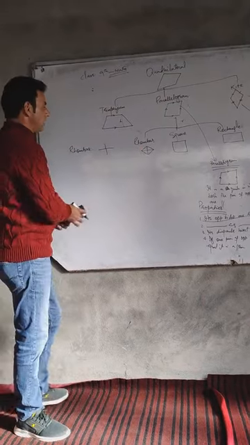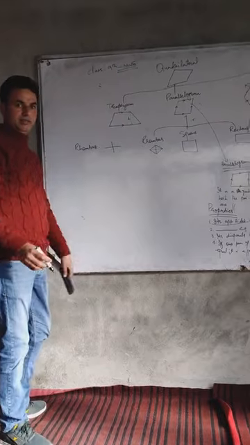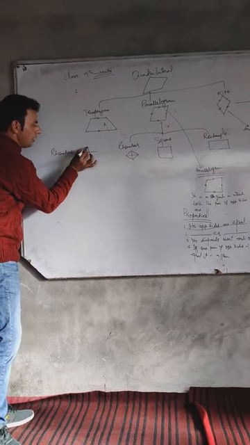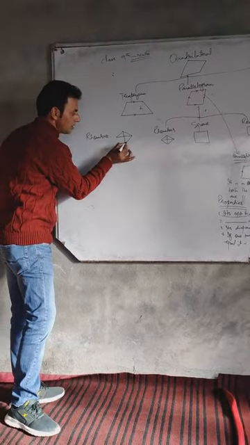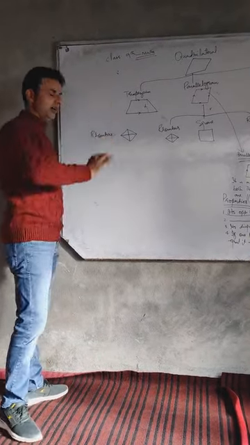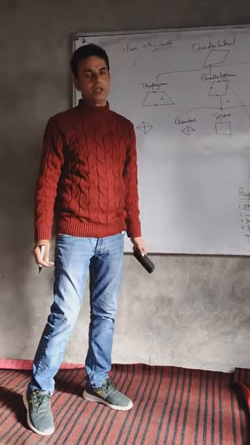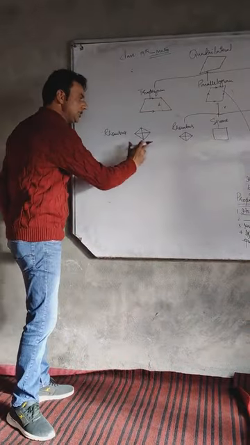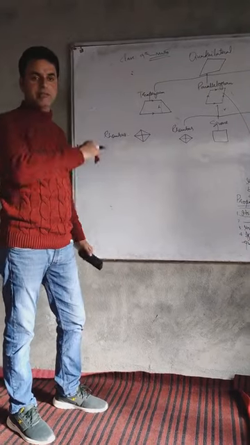So the first type of parallelogram is a rhombus. Let us draw the rhombus. As I told you, you have to draw the plus sign. Then you have to join the edges of this plus sign. Such a figure is called a rhombus. Basically, a rhombus is a parallelogram. But it is such a type of parallelogram in which adjacent sides are equal.